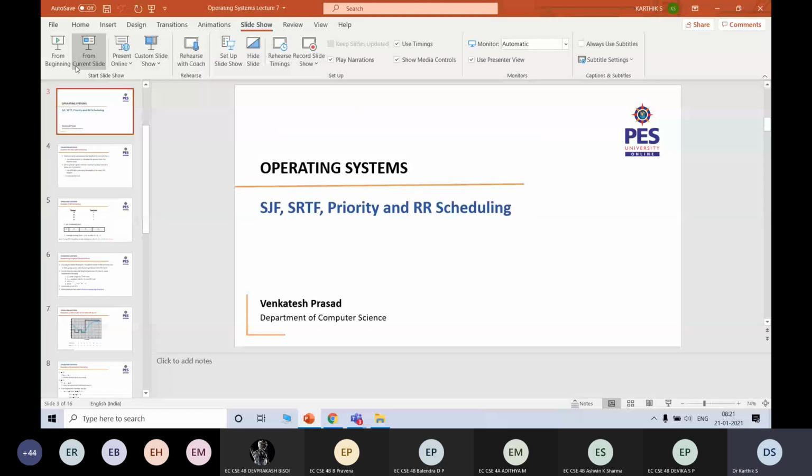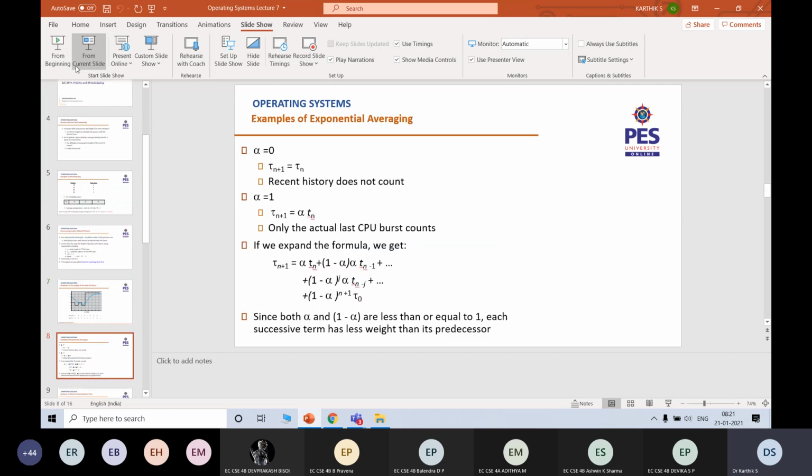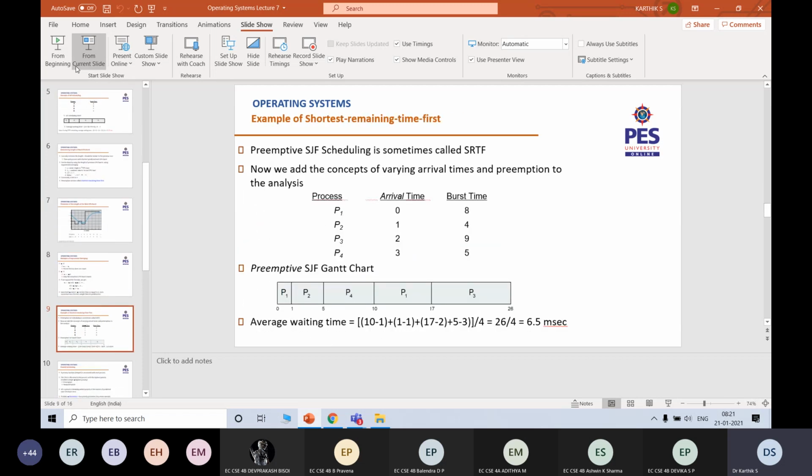So, in fact, you have the FCFS algorithm. If two processes are going to arrive at the same time, how do you solve that? Or it could be with shortest job first. Let us say there is another process in this particular example, P5, whose burst time is also 3 milliseconds. So there is a tie. What do you do then? It could be with shortest remaining time first also. There are two processes whose remaining time is the same. So how do you solve it?